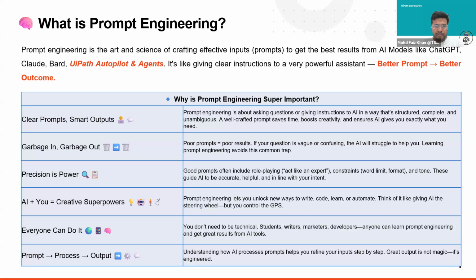So precision is power; you can see how precisely you are writing. If you are instructing any assistant or agent, define the role of the agent first. For example, you are an AI assistant, and your role is a market research agent, and your role is to provide all the detail in a concise report.